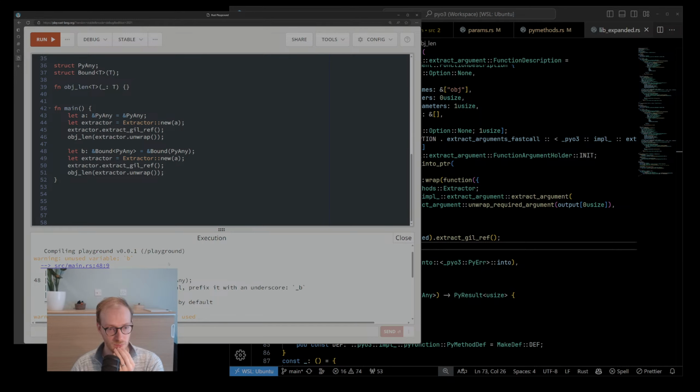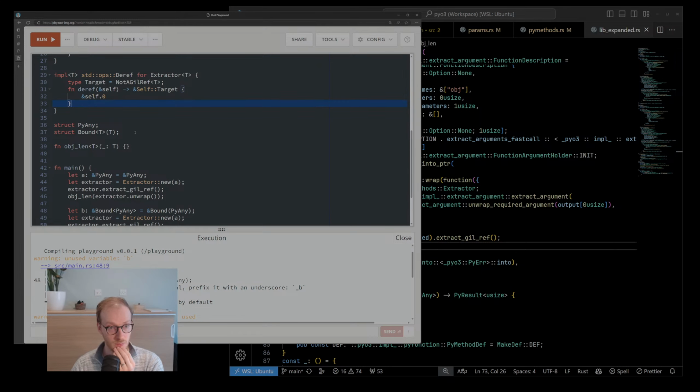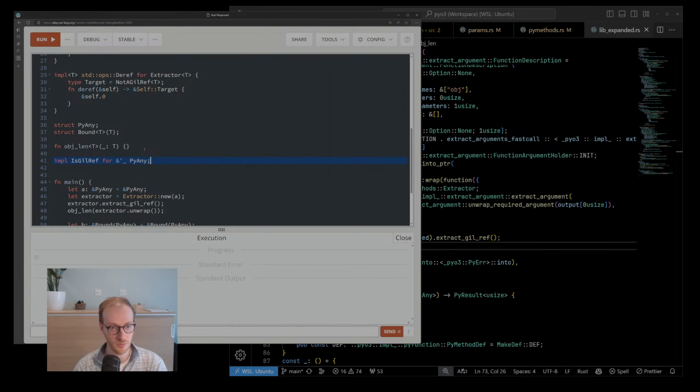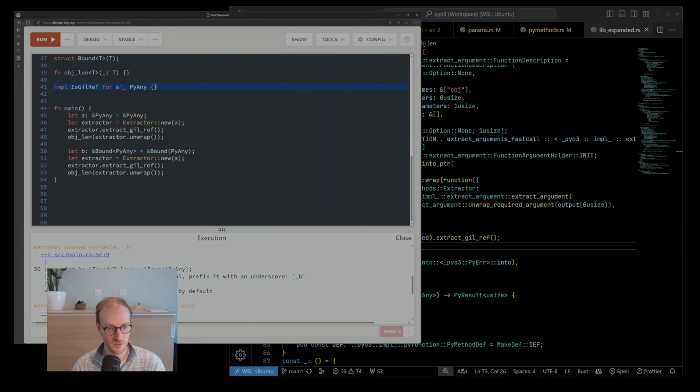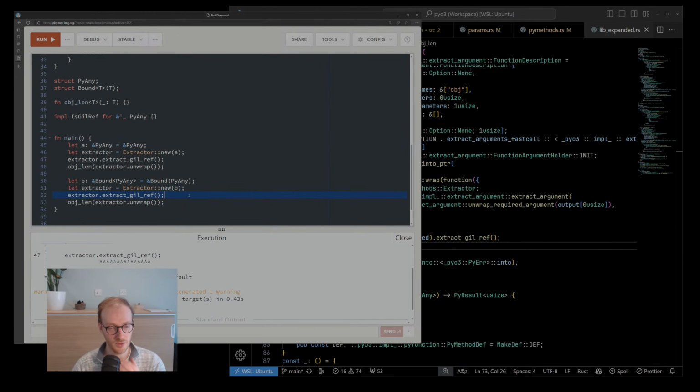Okay, so where are we at? Oh, we need this one as well. And then we should be at the point where things hang together. We need the trait implementation. Yeah, we get the warning of the deprecation. We forgot to do this. Yeah, so we're back to a form that works, but I still think that we're going to have the type